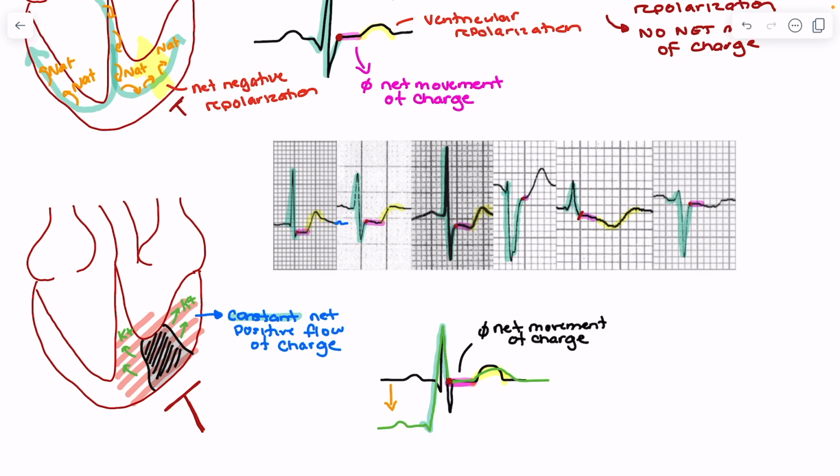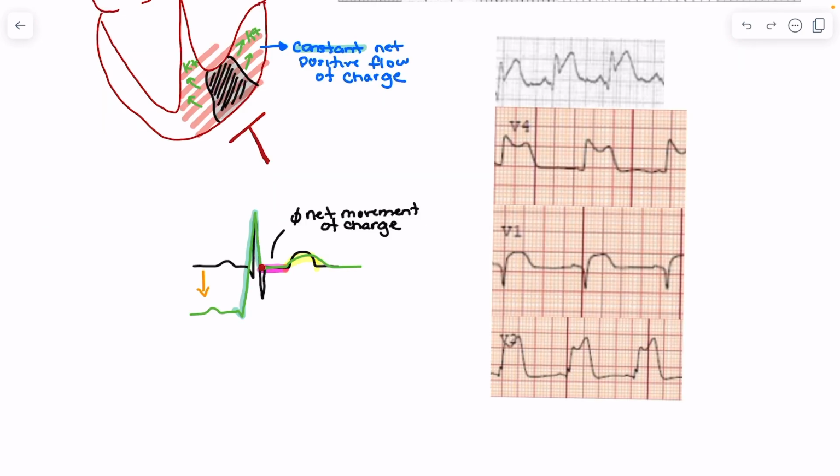So what we can do is a little bit of practice on how we can find the J point in someone having an ST elevation MI. So what we're going to do is take a look at a few examples of ST elevation from baseline where the J point lives. So remember, when we're looking at someone who's having a myocardial infarction, or we're looking at ST elevation related myocardial infarction,